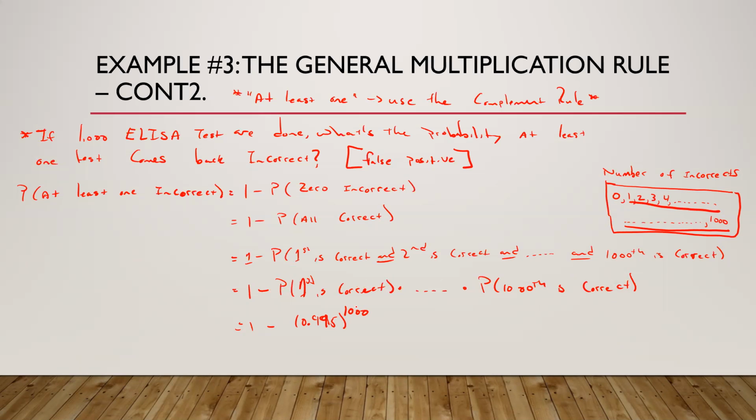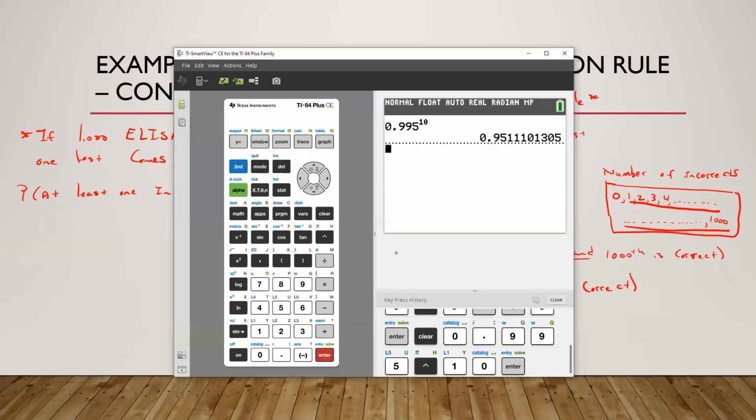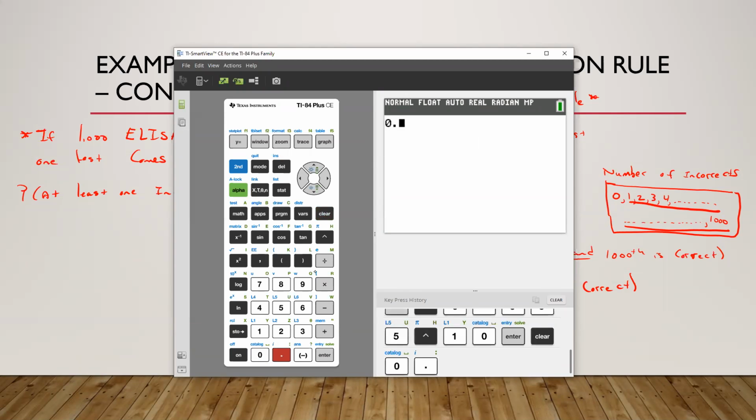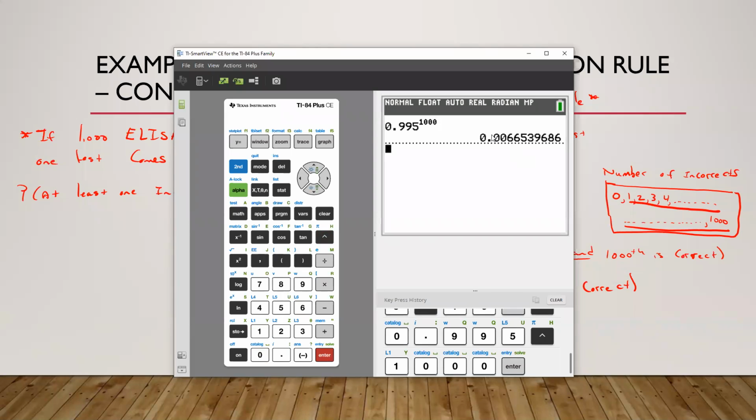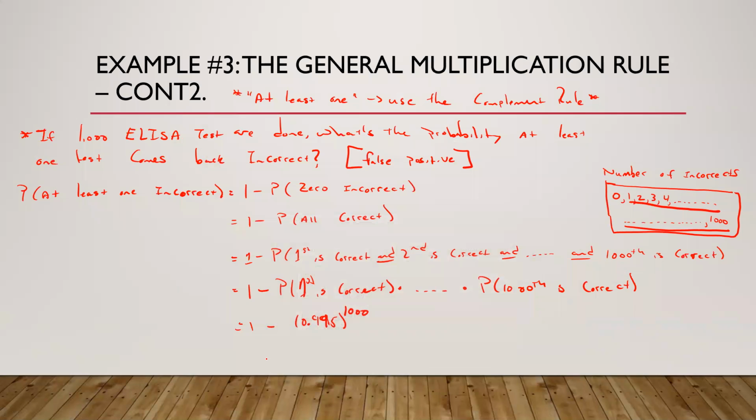So grab your trusty calculator. 0.995 raised to the 1,000th power is 0.007 when I round it. So this is equal to 1 minus 0.007. So the answer to today, the probability that at least one person's test comes back as a false positive, is 0.993. So that's over a 99% chance